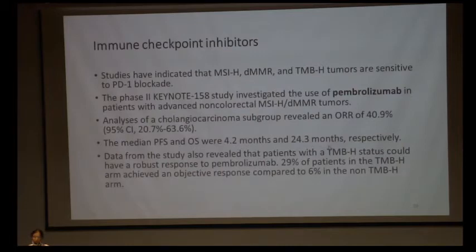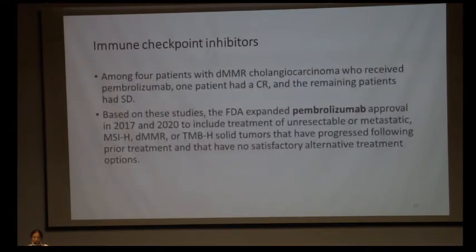Data from this study also revealed that patients with a TMB high status could have a robust response to pembrolizumab. 29% of patients in the TMB high group achieved an objective response compared to only 6% in the non-TMB high arm. Among 4 patients with deficient MMR cholangiocarcinoma who received pembrolizumab, 1 patient had a complete remission and the remaining patients